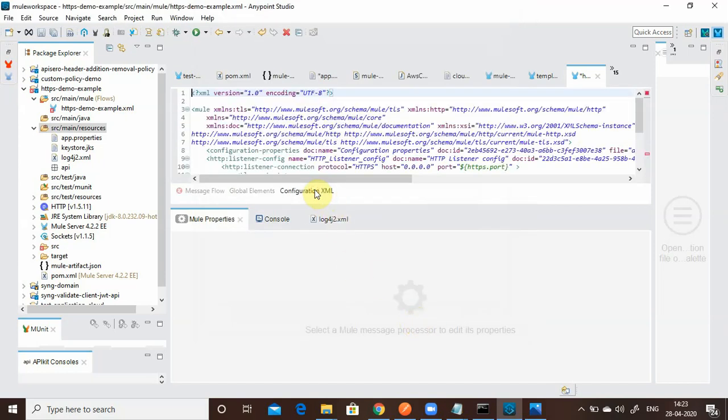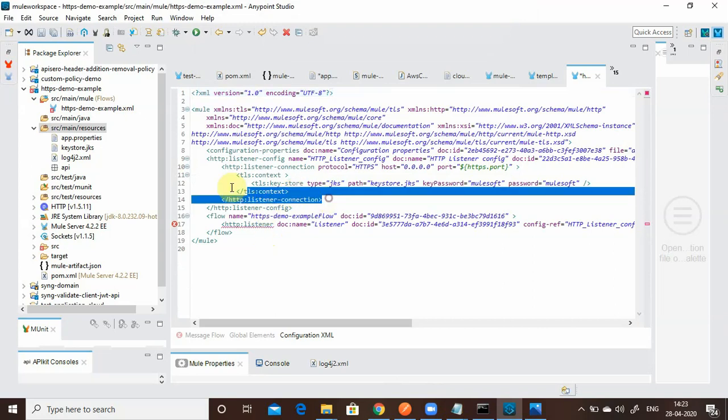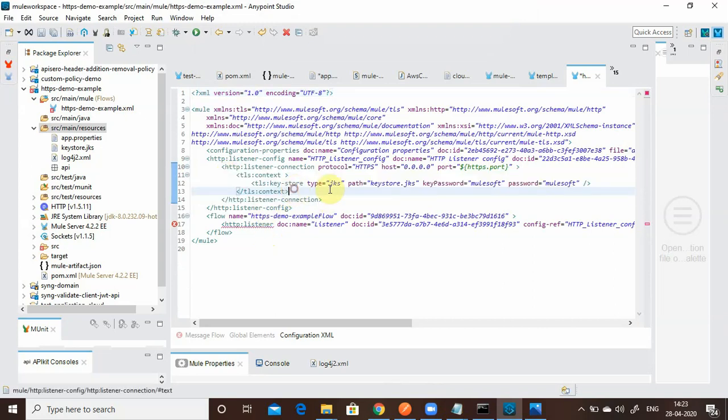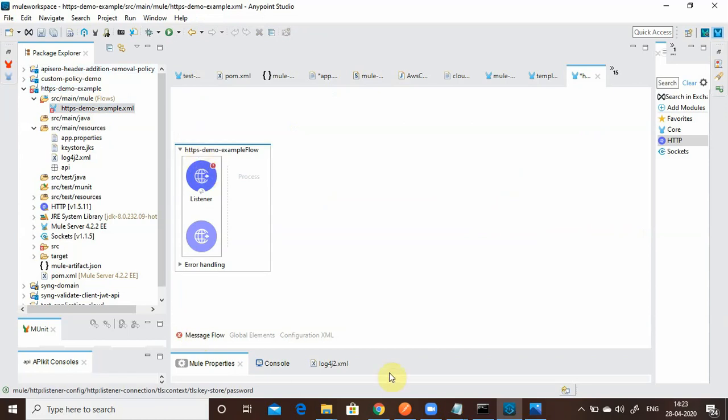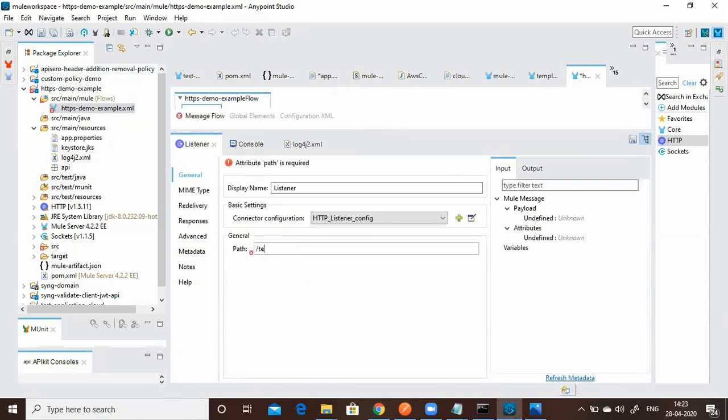Now if you go to the configuration XML, it added some things: the TLS context, the TLS keystore is JKS with the path, the password, the key password and the normal password. Now I will go back to my HTTP listener, and I can give the path equal to test.